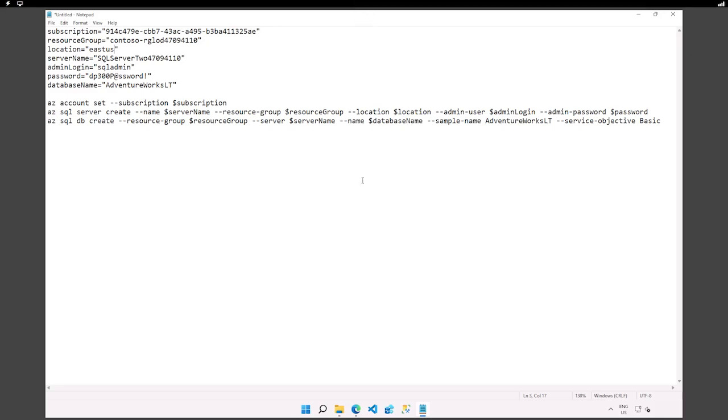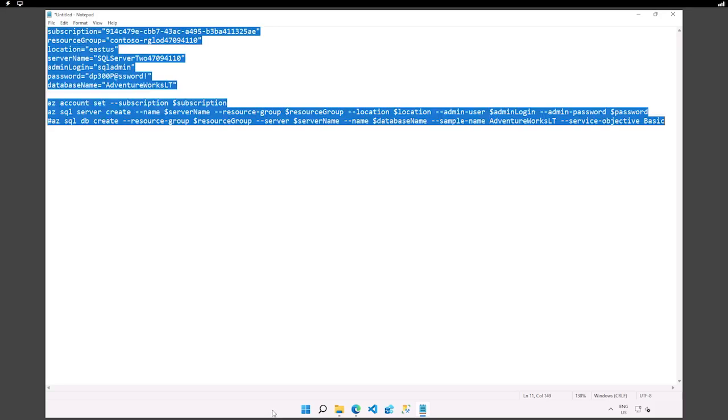Also, I'm just going to create the logical server. I am not going to create the database itself. Okay, so I'm removing the last line on the command line, right? The az sql db create, because I'm just creating the underlying logical server for it. Okay, the creation of the database itself will be done through replication a little bit later. Okay, so that looks like a good script to have. So let's bring it and we're going to repeat the steps.